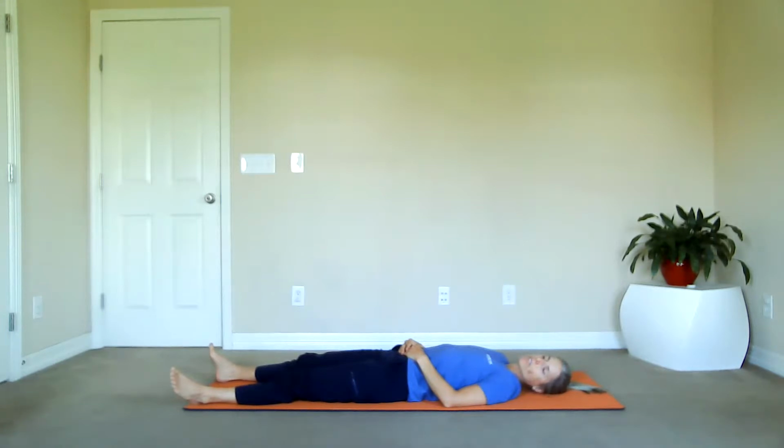Now to the right shoulder and right arm, right shoulder, right upper arm, elbow, forearm, wrist, hand, fingers, feeling the whole right arm, right hand, and fingers,